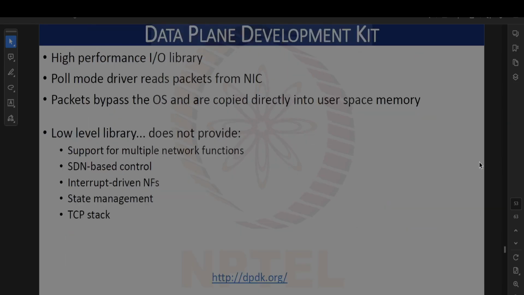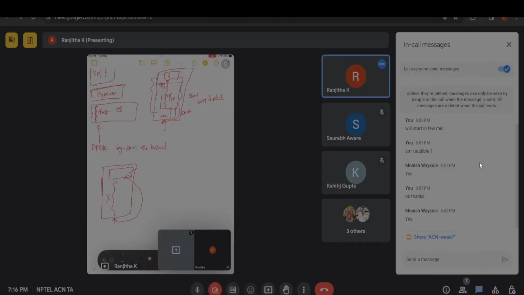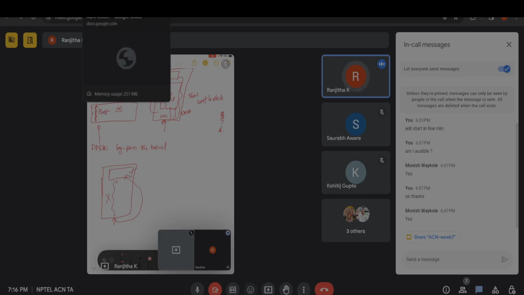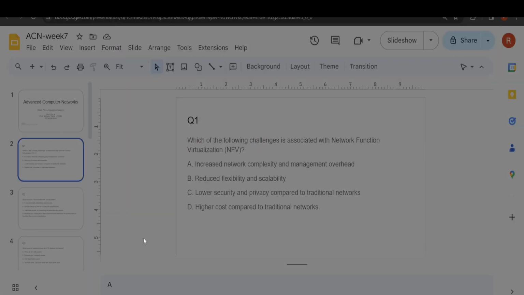So yeah, I think we can now take a look at the previous year question papers. Well, I'll read out the question, and if needed, I can use this. Yeah. So the first question is,